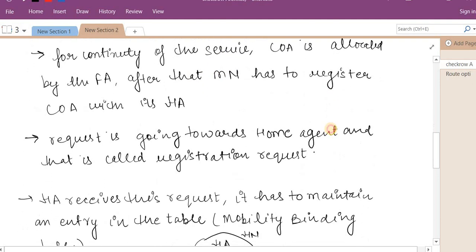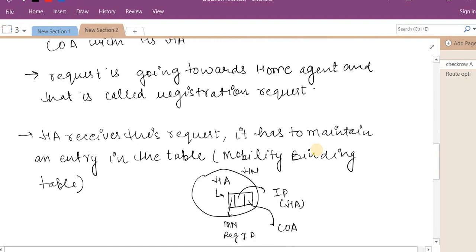When the home agent receives this packet, it has to maintain an entry in a table called the mobility binding table. There are three entities involved in this table. The first one is the mobile node registration ID. The registration ID is the same ID that the particular mobile node receives from its home network.